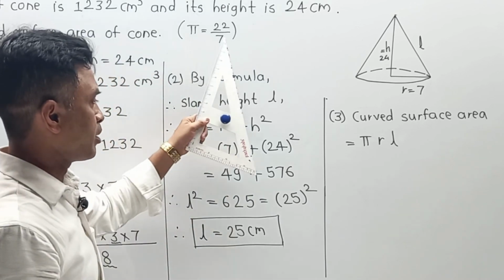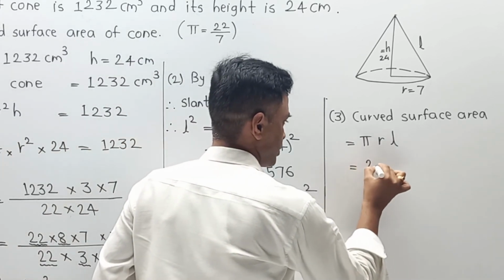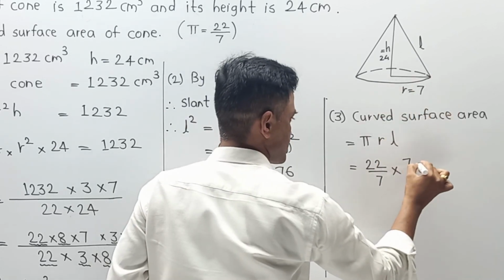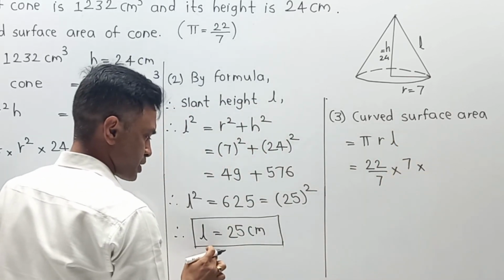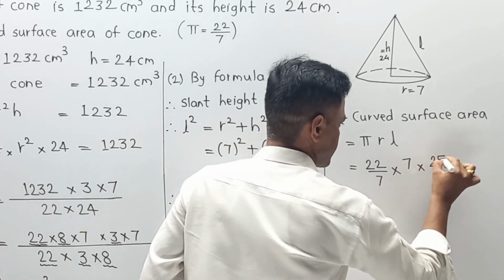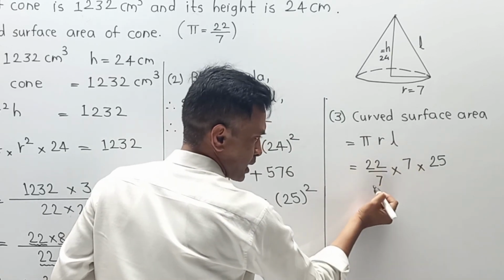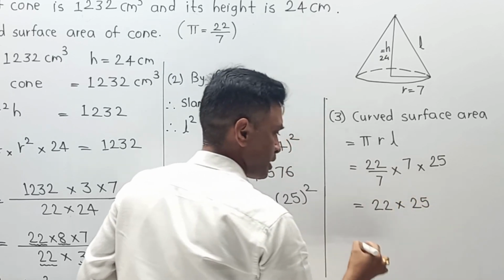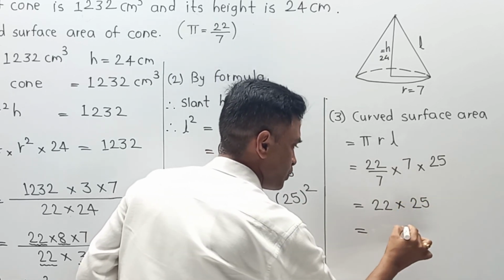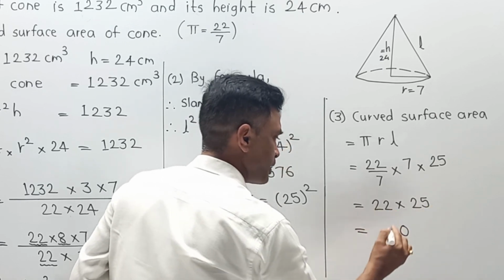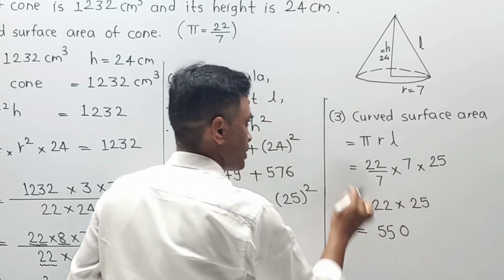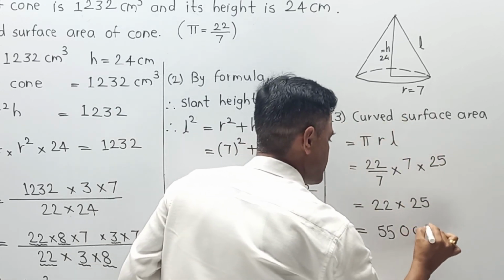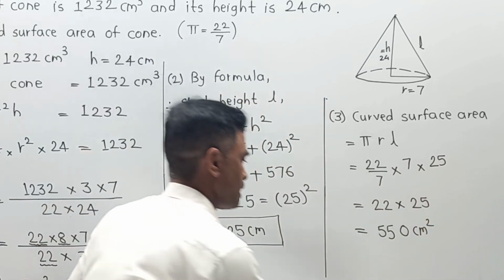Now here the value of pi they have mentioned is 22 by 7, so I am using the same value, 22 by 7. R, base radius we have calculated, that is 7. So 7 into L, slant height we have just calculated, that is 25. Now simply 7 from numerator and 7 from denominator get cancelled and this value becomes 22 into 25. Now its simplification is 25 into 2, 50, carry 5. 25 into 2, 50, plus 5, 55, and that is nothing but the curved surface area of a cone. As it is an area, definitely its unit is centimeter square. And finally we can write the answer.